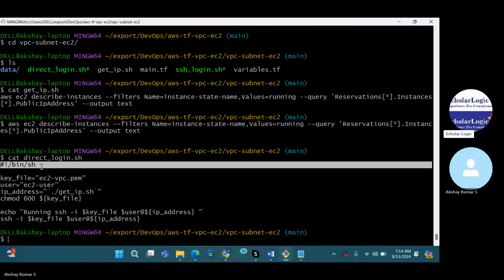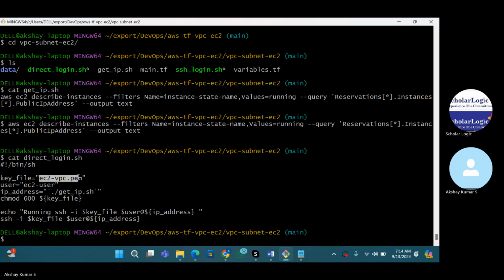Next three lines, I'm trying to assign variable values. Key name ec2-vpc.pem. That is something which is currently being created by our script, I mean, our Terraform script. And user is by default ec2-user because we are using Amazon Linux machine. The IP address will be